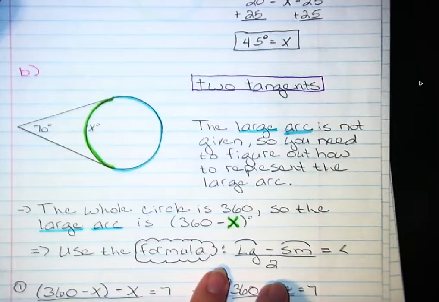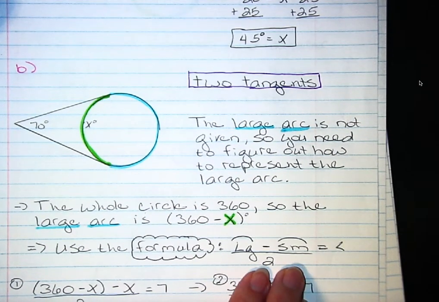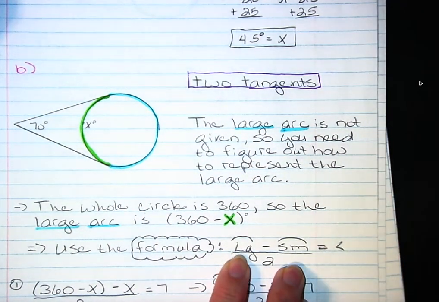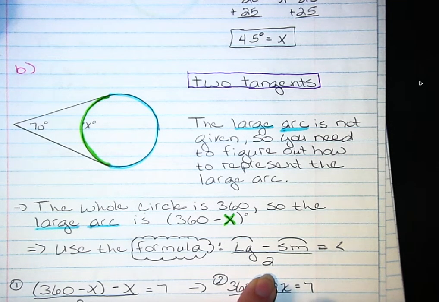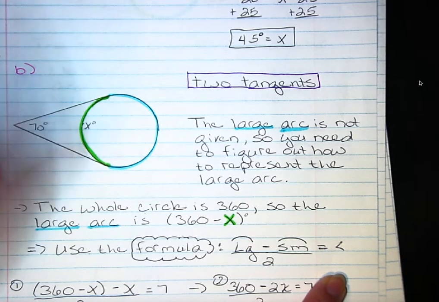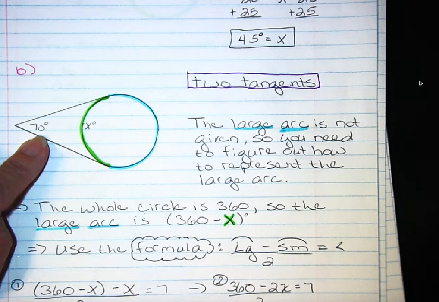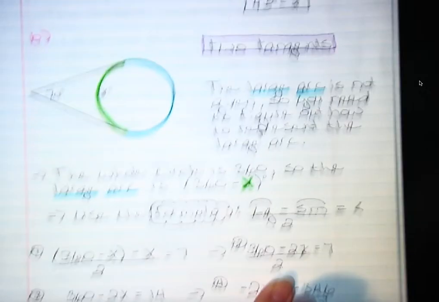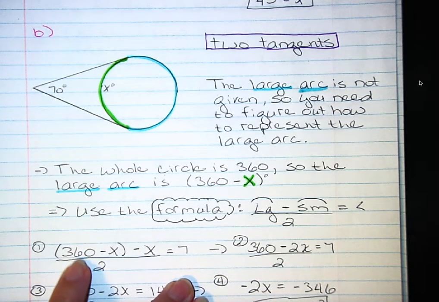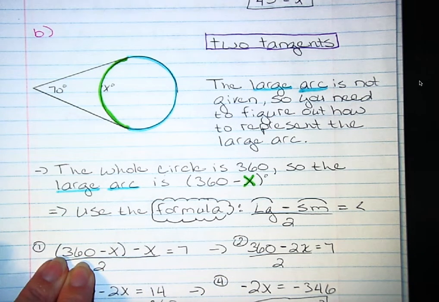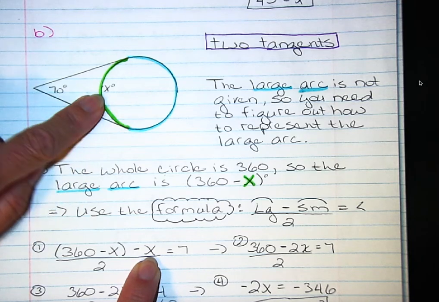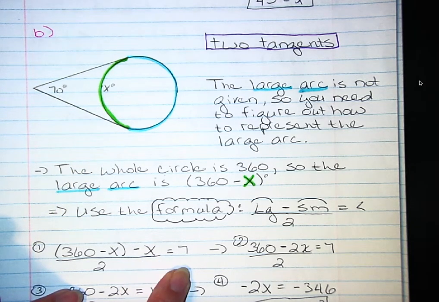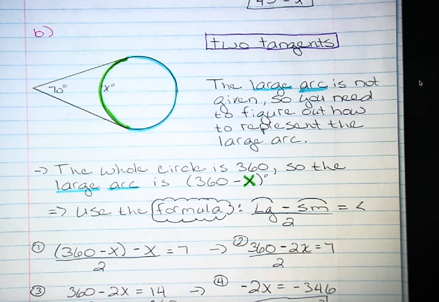We're going to use the same formula we did above. This formula doesn't change. We're going to take the larger arc and subtract the smaller arc from it, and divide it by 2, and that's going to equal our angle. And they do give us our angle. So this is what this is going to look like. The larger arc we said was going to be 360 minus x. So this represents our larger arc, minus our smaller arc, which is our x, divided by 2 equals our